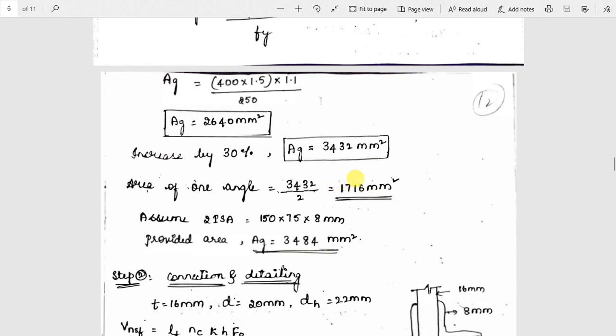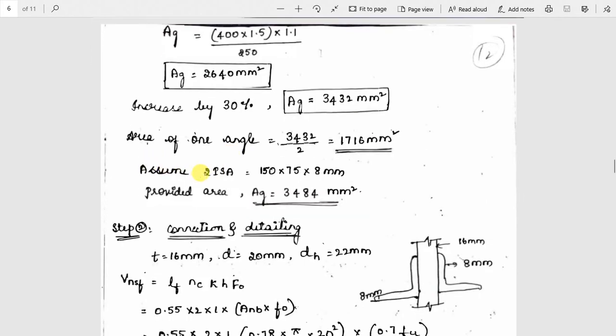Now you have to refer to the steel table, equal or unequal angle. Preferably go for unequal angle always, so that the shear lag width will be less and your check will be good, or the check will be passed. Going for unequal angle or equal angle is left to you. With this area for single angle section, you have to refer to the steel table and choose an angle section whose area matches this value, or it can be greater than this value, but you have to make sure that the angle section you choose for single angle should not be less than this particular value.